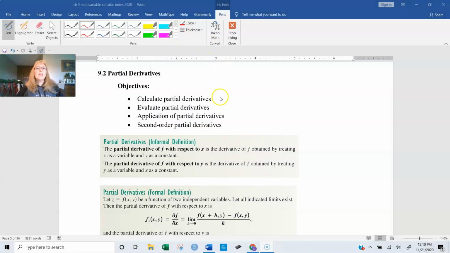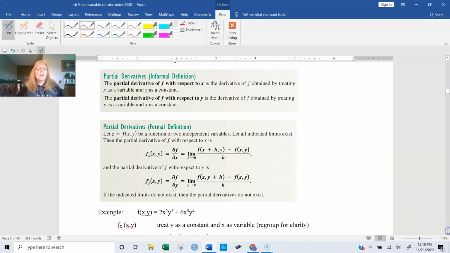All right, we're going to calculate partial derivatives. We're going to evaluate it. We're going to do some application, and then we're going to do a second order partial derivative. I think you'll enjoy all of this, actually. They're quite fun. All right, so when you do a partial derivative, it has to tell you in which variable